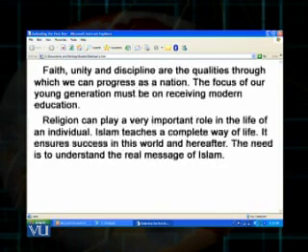Then in the subsequent paragraph, I have a different text. Religion can play a very important role in the life of an individual. Islam teaches a complete way of life. It ensures success in this world and hereafter. The need is to understand the real message of Islam.